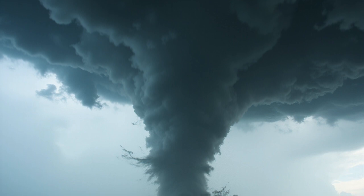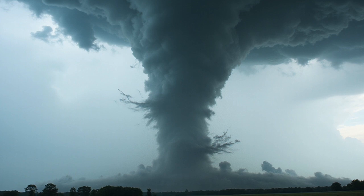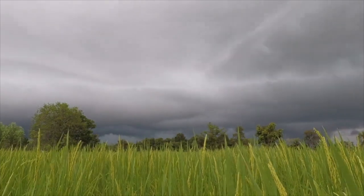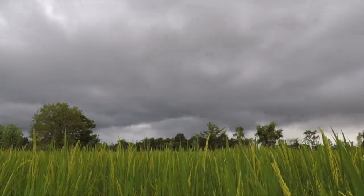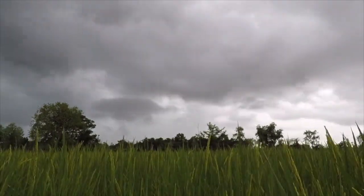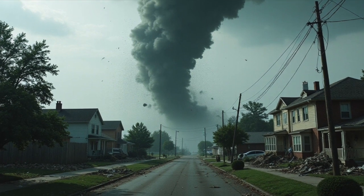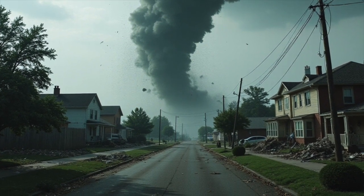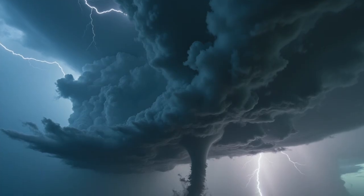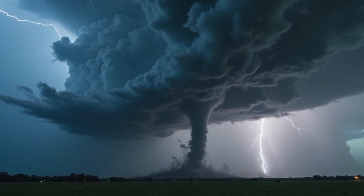A tornado's size does not always indicate its strength, but larger tornadoes often cover a greater area and can cause more widespread destruction. Understanding tornado movement is essential for improving tornado warnings and forecasting. Meteorologists use radar technology to track the formation and path of tornadoes in real time. Doppler radar, in particular, helps scientists detect rotation within a storm before a tornado even touches the ground. By studying past tornadoes and analyzing weather patterns, researchers continue to develop better prediction methods to give people more time